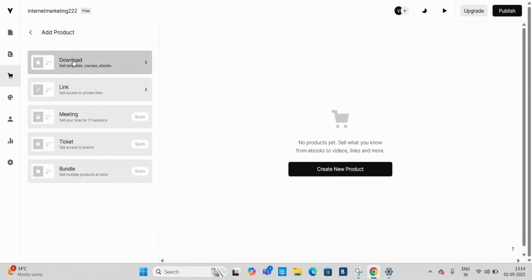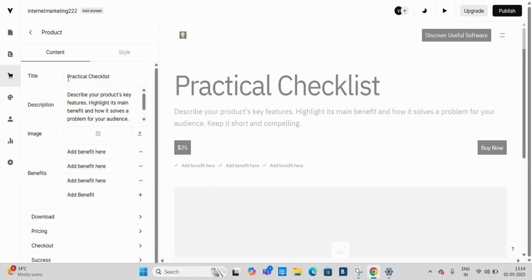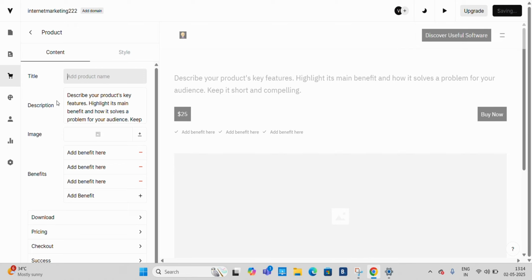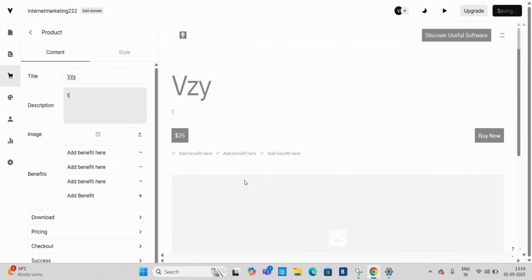So in the add products, you have downloadable offers, you have link. So the meeting, ticket, and bundle is going to be coming soon. But for the sake of the video, let's just go with download. So you could be easily changing the titles. So you could easily change the title, maybe a new software product. So let's go with the product itself. So it's VZ, and the description, the best